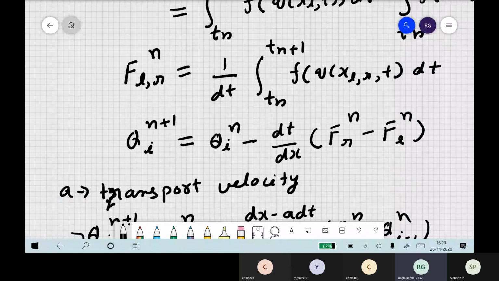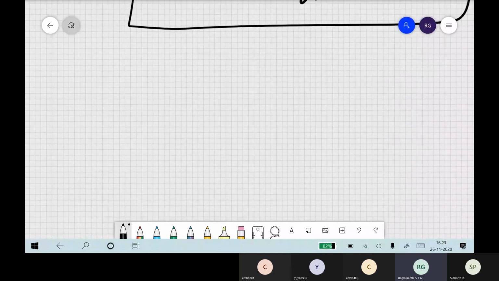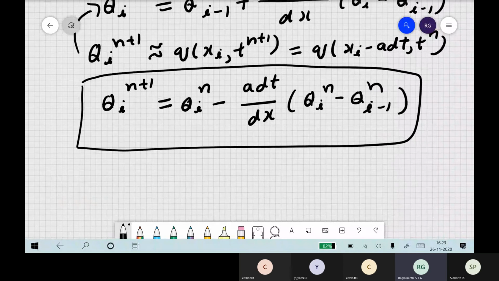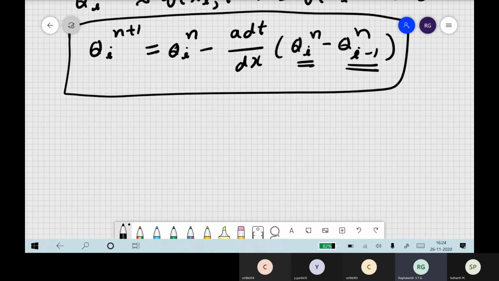So what is the meaning of that upwind? Although it is the same as your finite difference itself, what does the upwind scheme tell you if you interpret it in terms of conservation principles? What does upwind scheme physically mean? If you see the subscripts, you have i and then i minus 1 only. What is the meaning of this? Upwind scheme means how the flow is going. Physical interpretation, what is the meaning of this i minus 1?